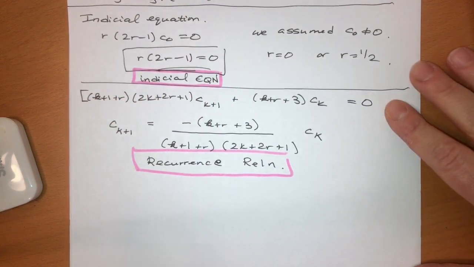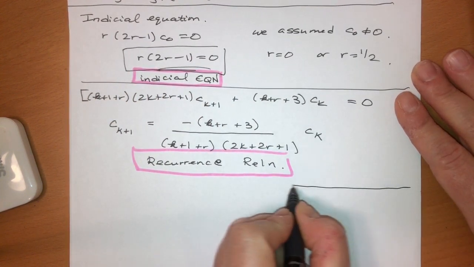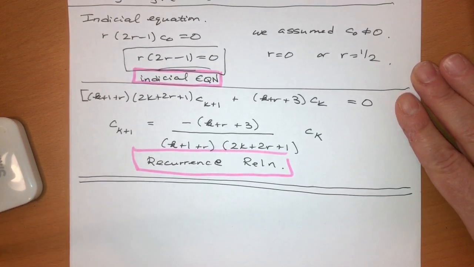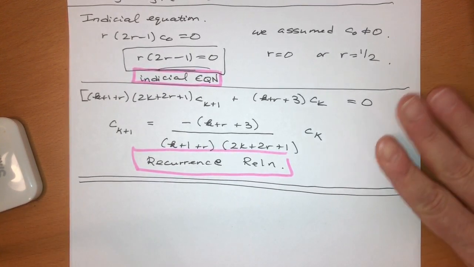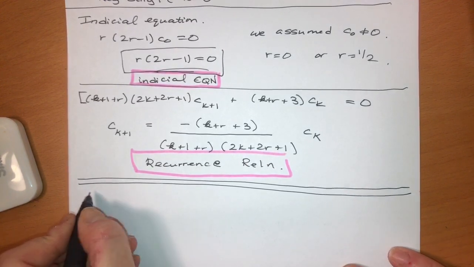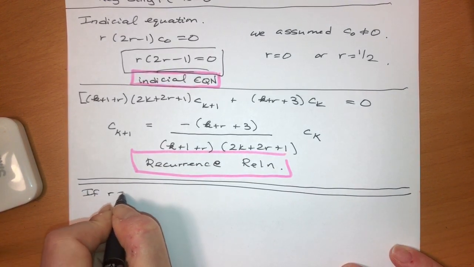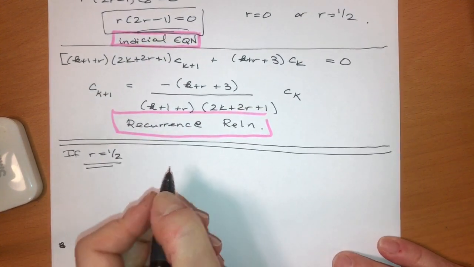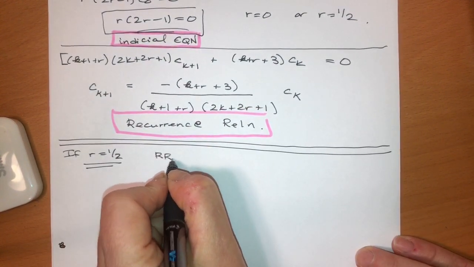So here's what you do. To get your actual series solutions, you're going to take each of those r values one at a time, and you're going to work with it. So if r equals, let's go ahead and do 1/2 first, then the recurrence relation becomes